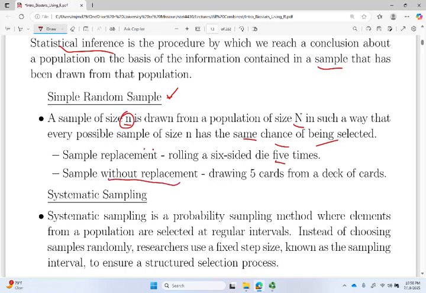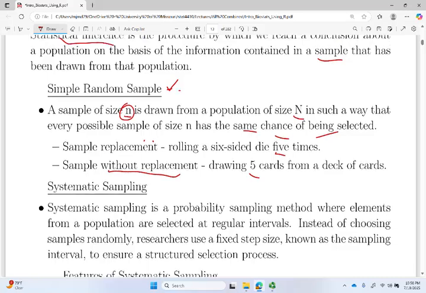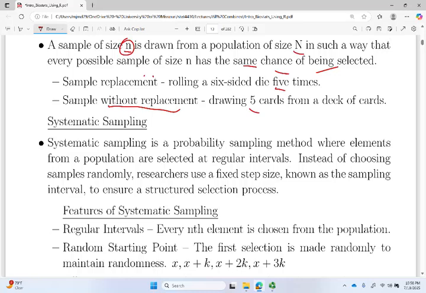So if we're playing poker and we randomly shuffle a deck and draw 5 cards, we're taking a card and keeping it. We're not putting it back in the deck, and then we're taking another one, and we do it 5 times. But the probability of those 5 cards is the same as any other set of 5 cards. That's simple random sampling. Systematic sampling,